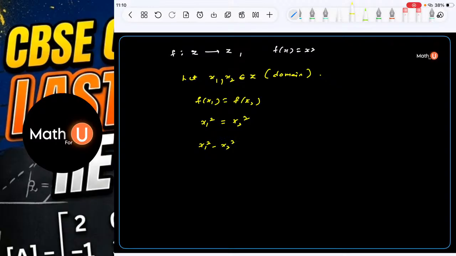x1 square minus x2 square equal to 0. Then apply the a square minus b square formula, a plus b, a minus b. Okay, we get x1 plus x2, x1 plus